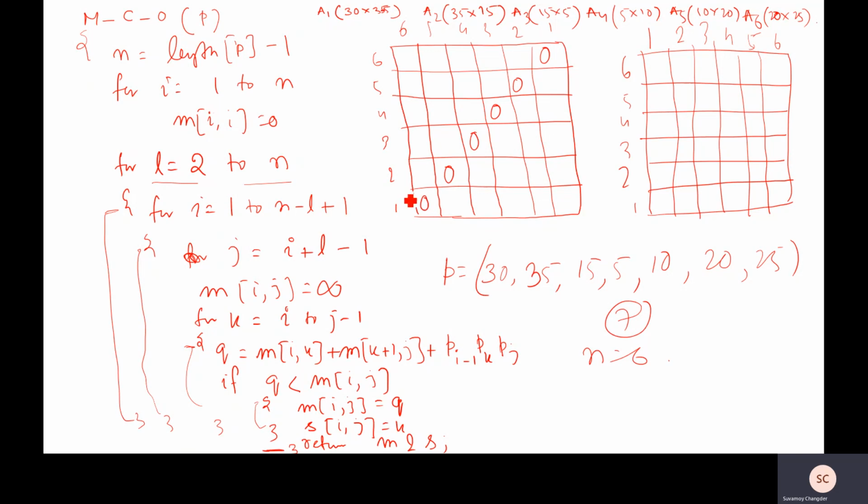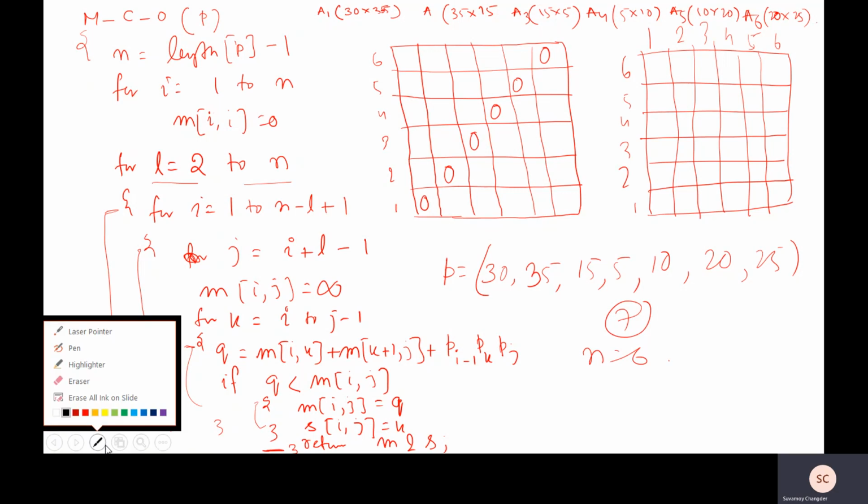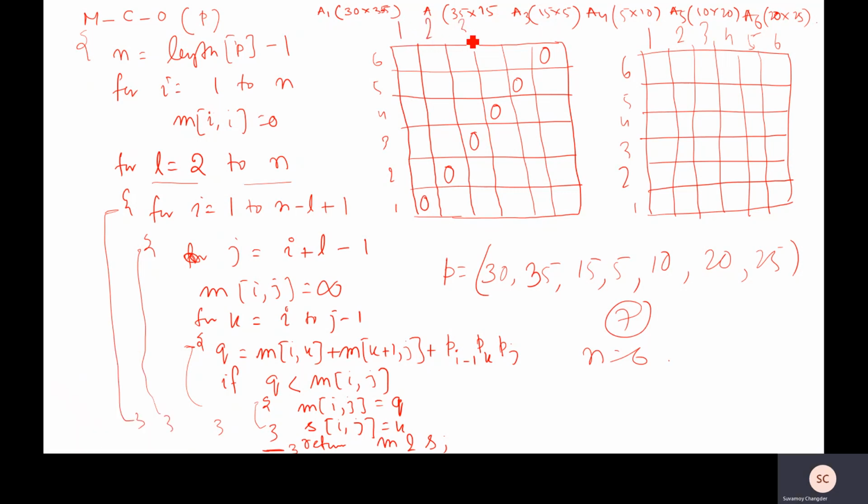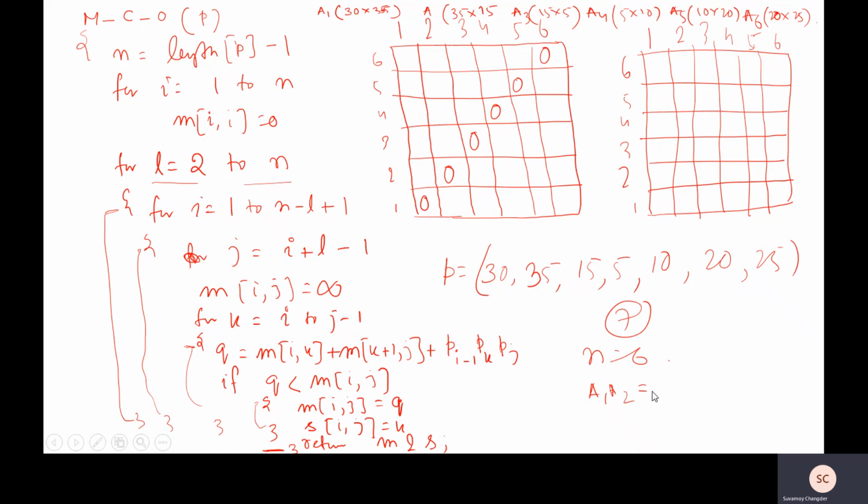That means m to multiply, sorry, here this one will be 1 to 6, very sorry. So this one will be not 6 to 1, this one will be 1, 2, 3, 4, 5, 6. That's why this entry is for M1,2. That is, we will multiply A1 and A2 and find the number of multiplications required to multiply A1, A2. Then we will go for A2, A3, this entry. Then A3, A4, then A4, A5, then A5, A6.